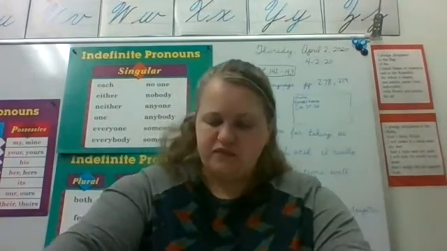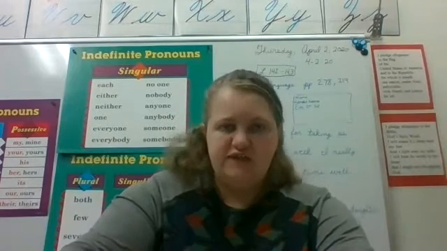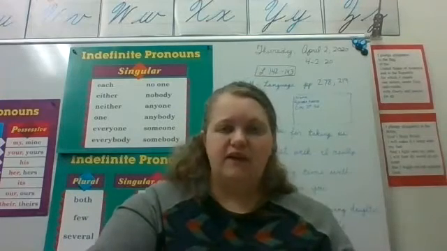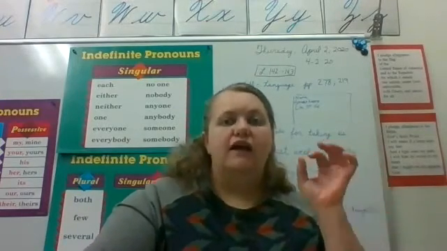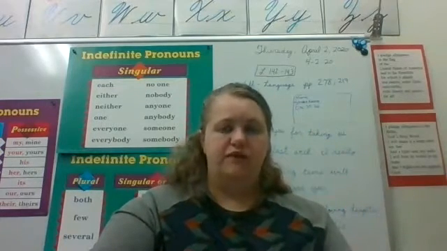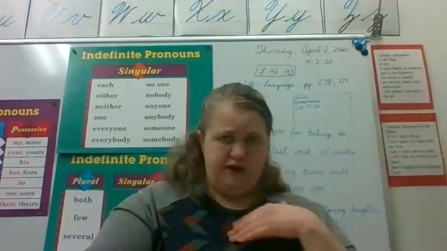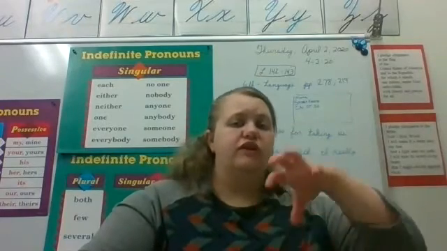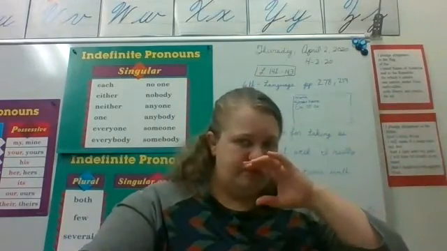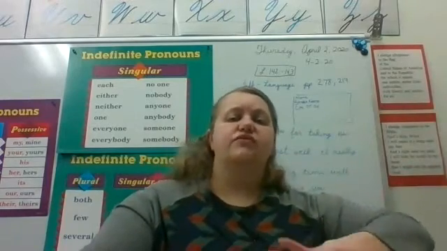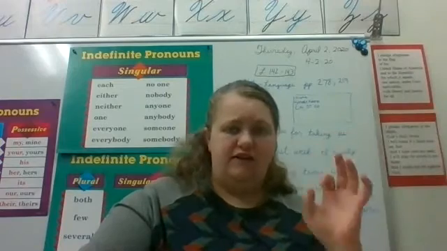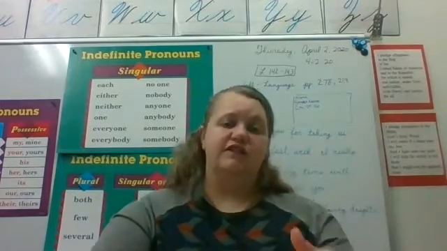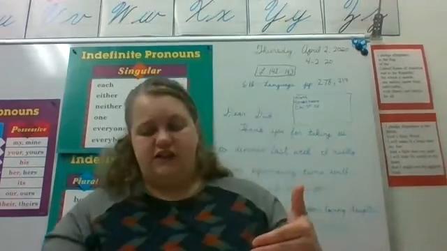Hope that makes sense. And then your predicate adjectives and predicate nominatives, those go with linking verbs. Predicate nominative is if the word is a noun, so that N can help you remember that it's a noun, okay? Person, place, thing, or idea. But if it is an adjective, it really just describes the subject, but it follows after the linking verb. And so in that case, it's the predicate adjective. So that PA, the A standing for adjective, okay?